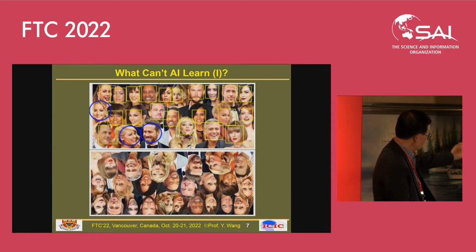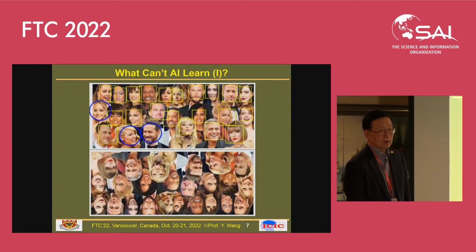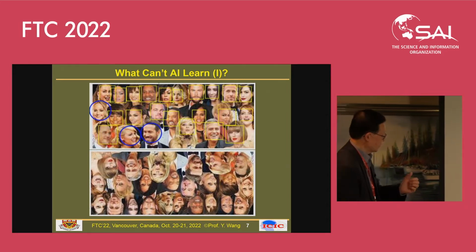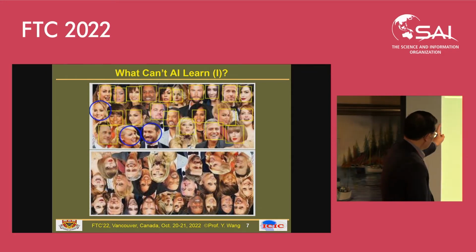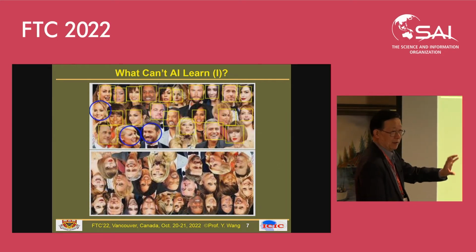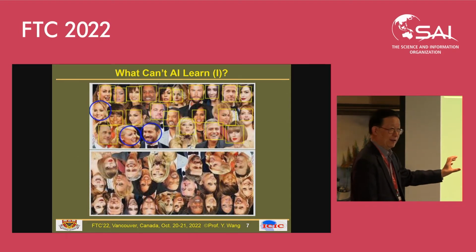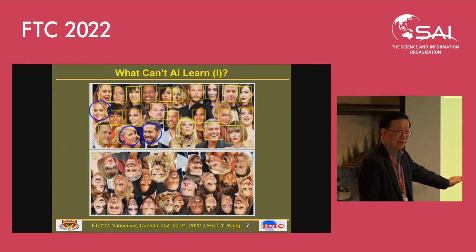For example, the first photo in the upper part is a group photo, and we ask how the best trained AI in the world from Google or other companies performs on this photo. Actually, they always miss three of the blue circles. The three faces could not be recognized by any best trained neural networks. And to make things worse, if you feed in a photo upside down, all the systems will tell you there is no facial information there.